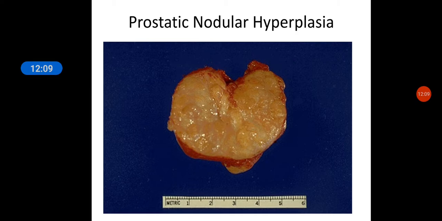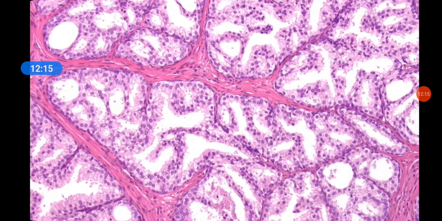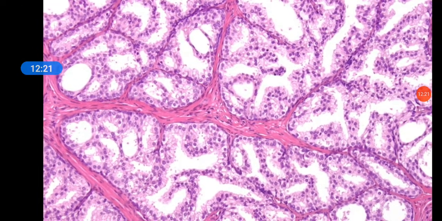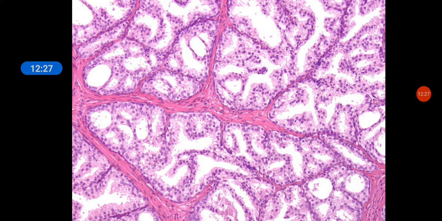Now we'll go to the microscopy. What is seen in the microscopy? Here you will find glands and stroma. Whatever you're seeing, these are acini, or glands, and intervening, the pink areas which you're seeing are stroma. So you will have nodules of these glands, with variable proportions of stroma as well as glands. Remember, here you will have three components. You will have epithelial components. Either it can be proliferation of epithelial components, or proliferation of smooth muscle, or just proliferation of stroma.